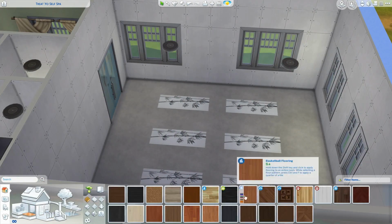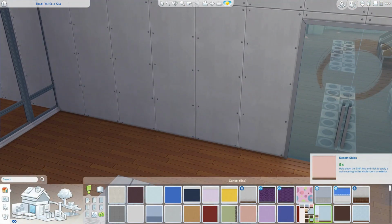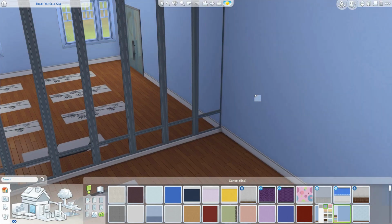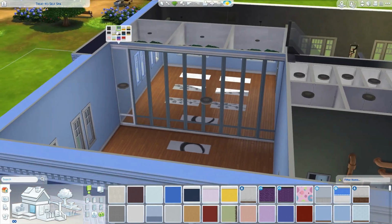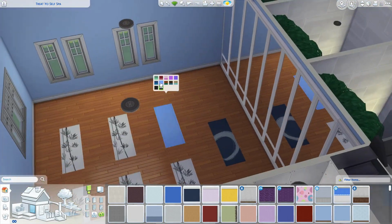So yeah, I wanted the yoga studio room to kind of have a feel of a dance studio. So I used the basketball style floors from City Living. And then the big floor to ceiling